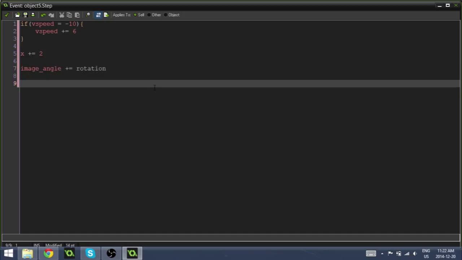Alright, next we want to say, ready for this, guys? This is the most important line of code you will put in here. It's not the most important, but it's quite an important one. if place_meeting(x, y+1,